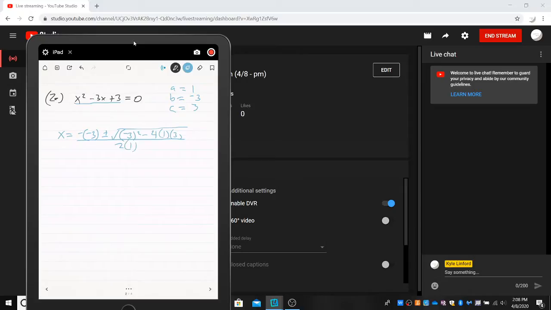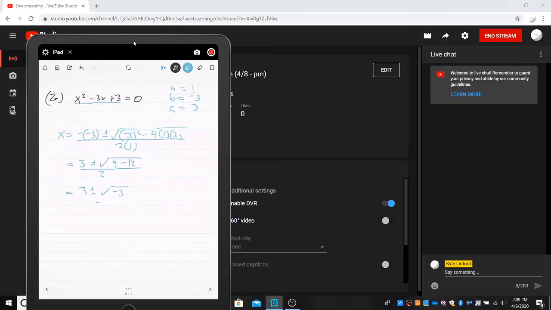All right, let's start simplifying. Negative of negative 3 is positive 3, plus or minus the square root of, okay, negative 3 times negative 3 is 9. And then 4 times 1 is 4, times 3 is 12, so 9 minus 12, and that's all over 2. If I keep simplifying, we get 3 plus or minus the square root of 9 minus 12, which is negative 3,